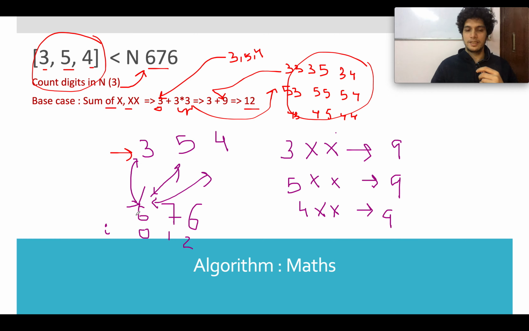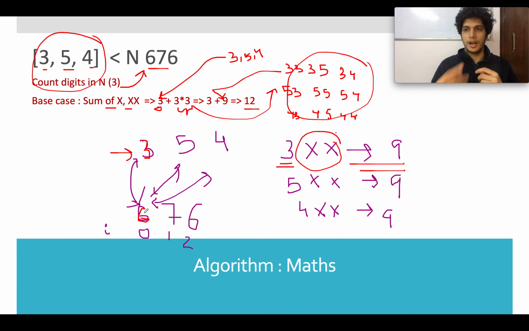If the data set digit is less than your number's digit, that means you have fixed the position of 3 in your answer set, and now you can choose any number for the next two positions, and the total number of permutations that are possible is 9.